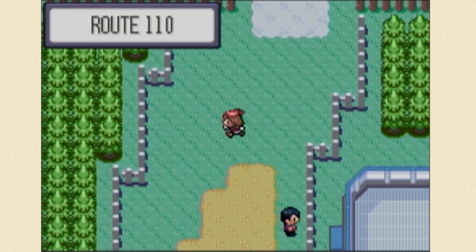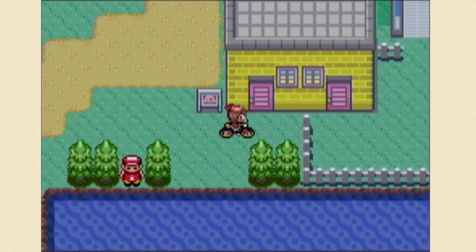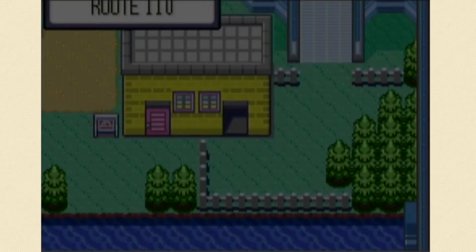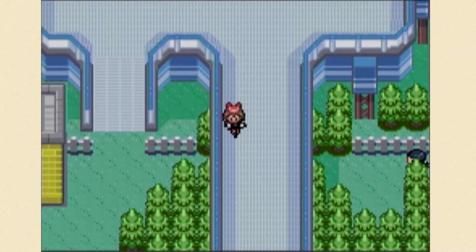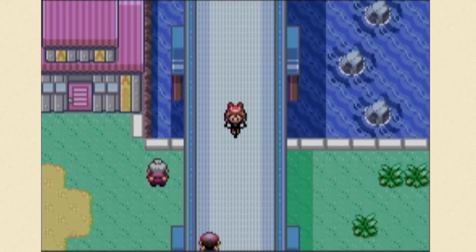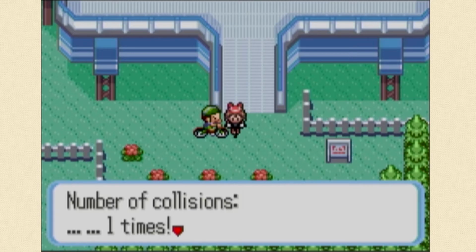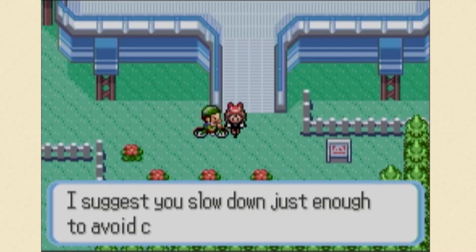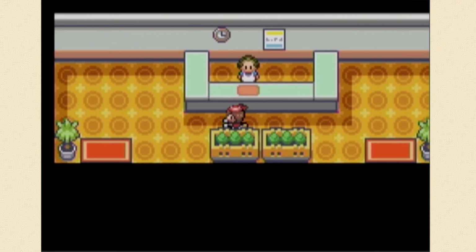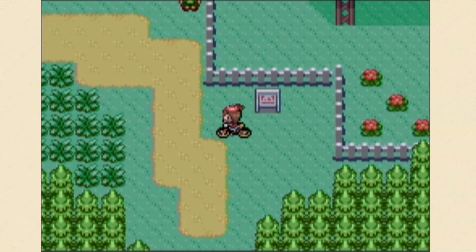And let's see if we can do a run through the cycling road on a crappy GameCube D-pad. Here goes. One time! Just the one. Oh man, like, hey, I'm trying here. I had to dodge someone, so I collided into a wall. Give me a break. Like, I've done no collisions before, and...